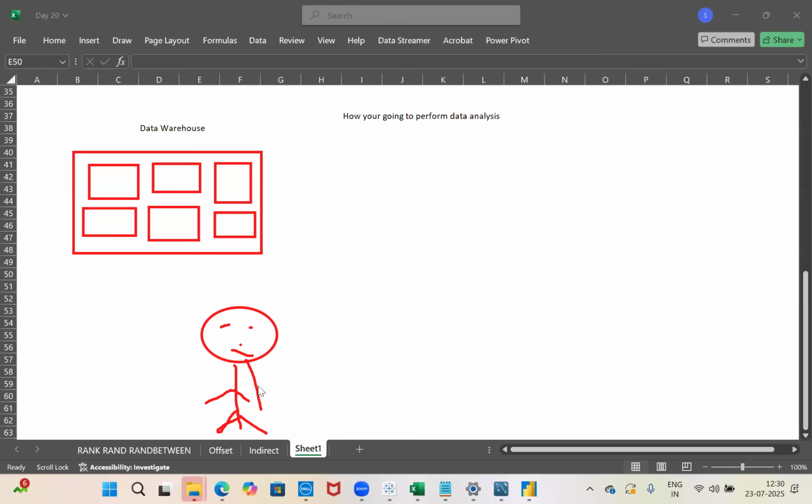Let's understand this is you. I'm not able to draw properly, but it's fine. Let's understand this is we joined a company. First, we got access to this data warehouse. At the same time, whenever they are giving access to the data warehouse, they're also going to give you